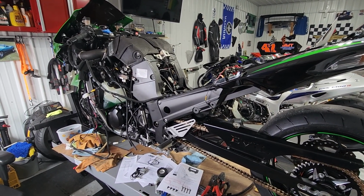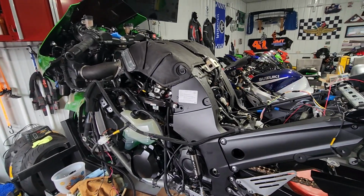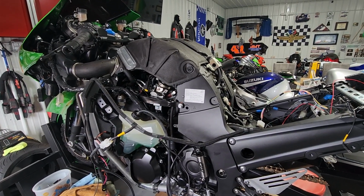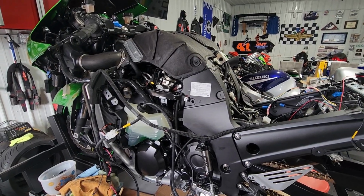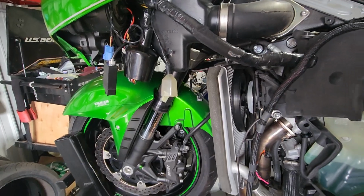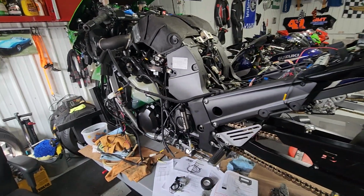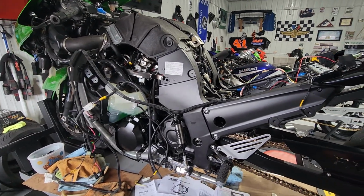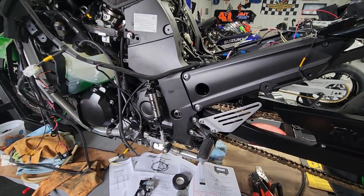Just to take this project on, you have to remove all the plastics, you have to remove the gas tank, and have knowledge on taking all these pieces off, from the plastic clips to all the things that are connected to the side covers. More importantly, you need to know how to put them all back on when the job's finished. So, purchasing the MPS shifter kit from Schnitz for the ZX14,